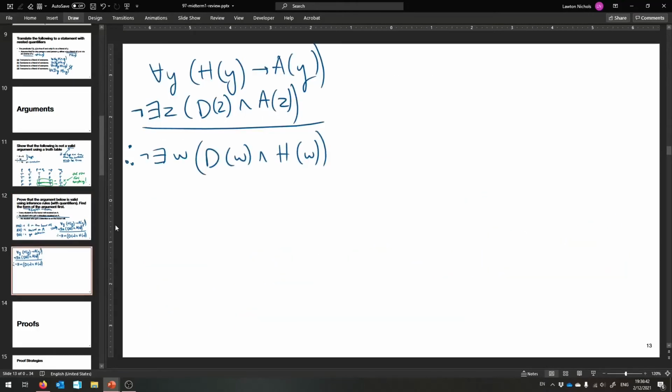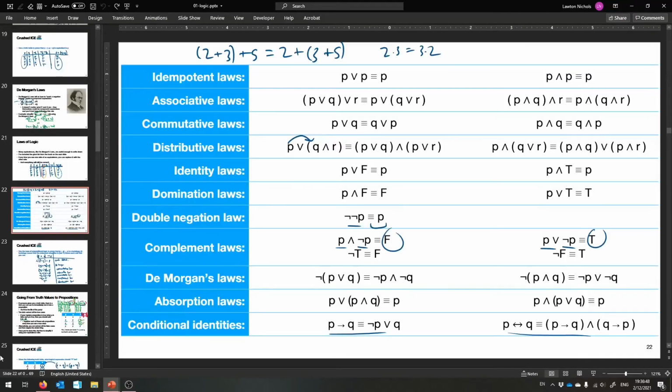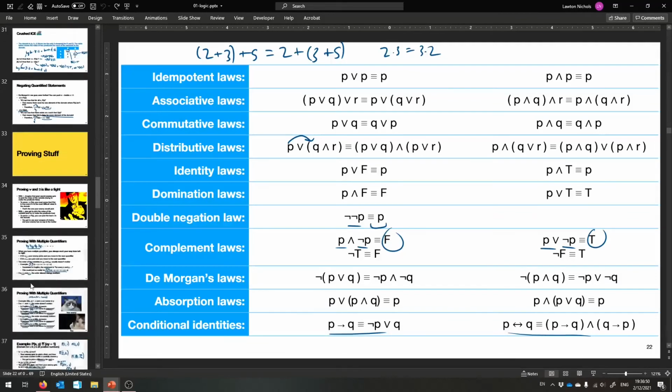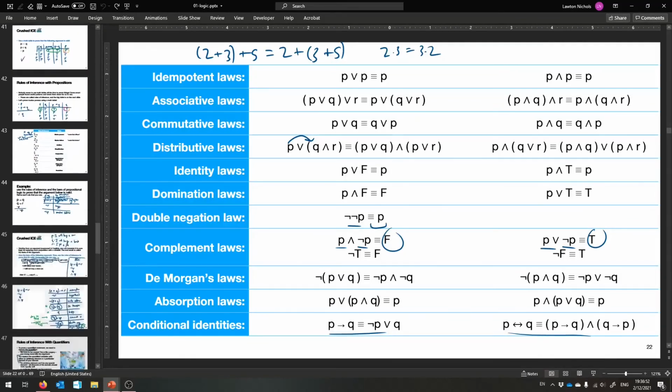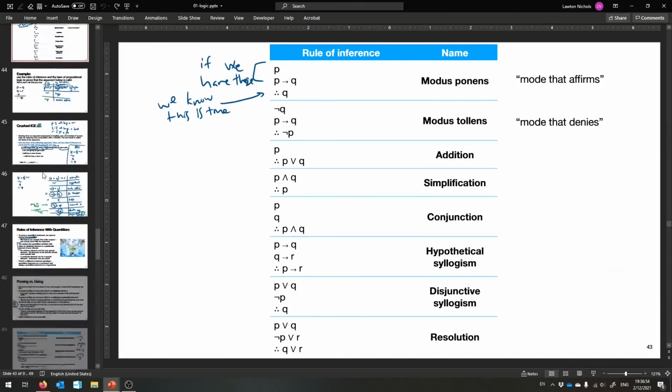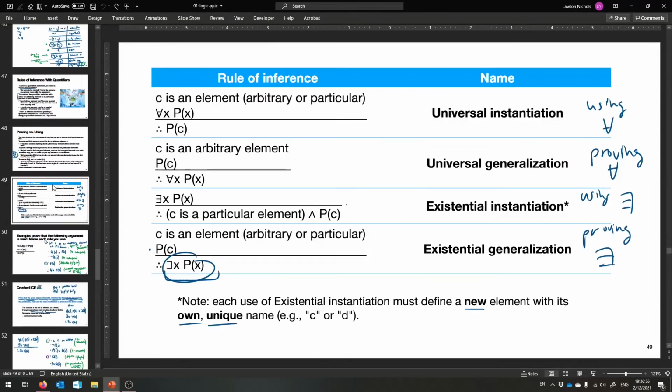We have to somehow use this assumption and this assumption to prove this assumption. Okay? So let's go to the other slides and figure out how we can take apart something with quantifiers. Okay, so we need to prove,